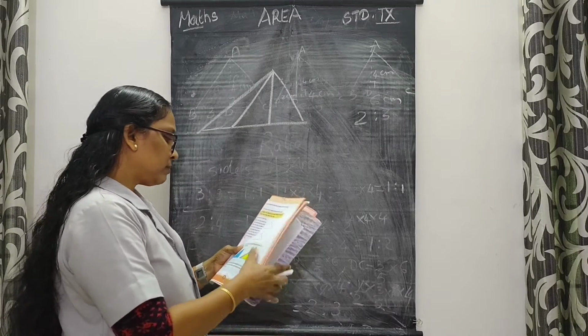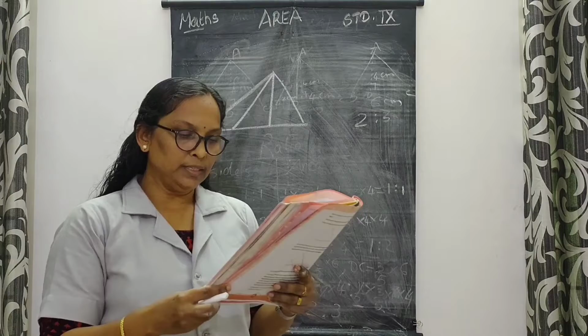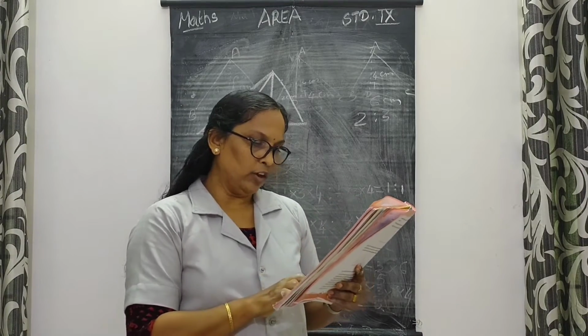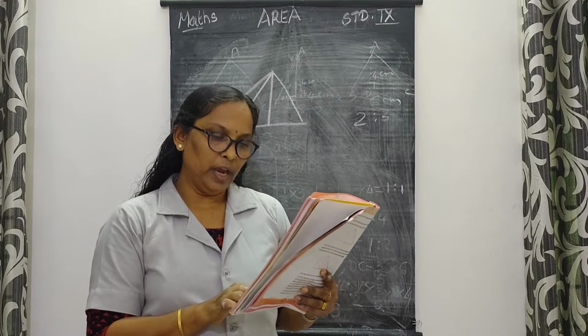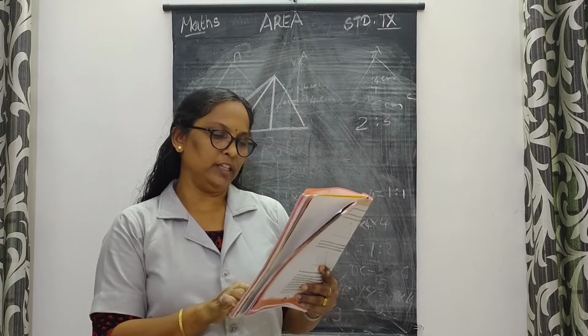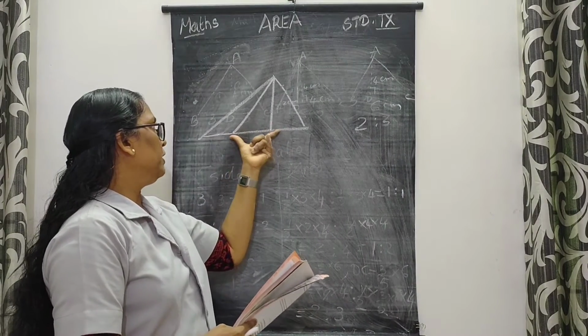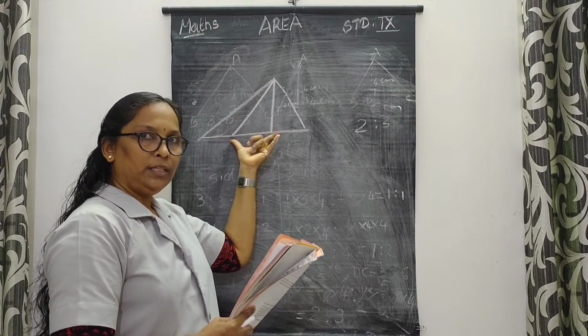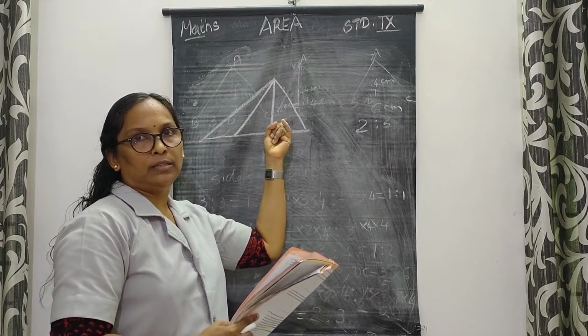And prove that the ratio in which these lines divide the length of the bottom side is equal to the ratio of the areas of the three smaller triangles in the picture. That is, the ratio in which they divide this base is equal to the ratio of the areas of these three triangles.